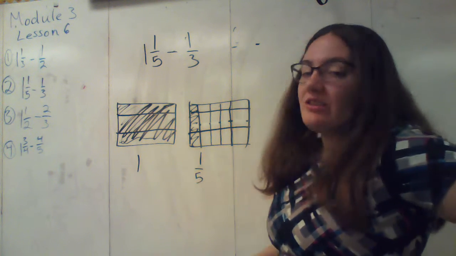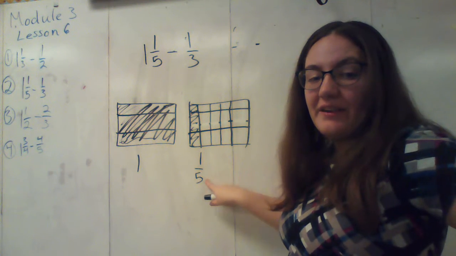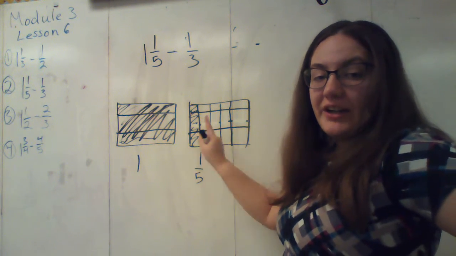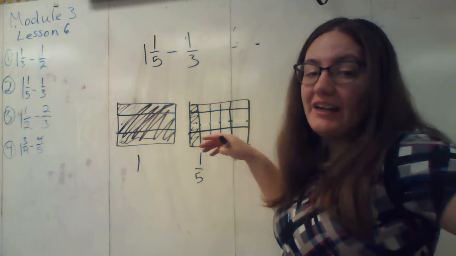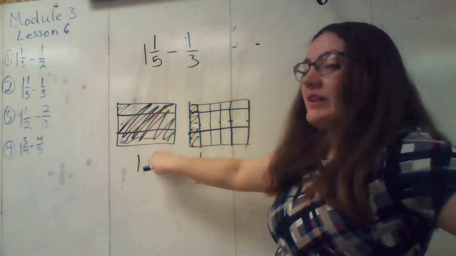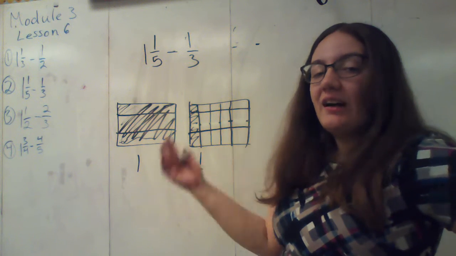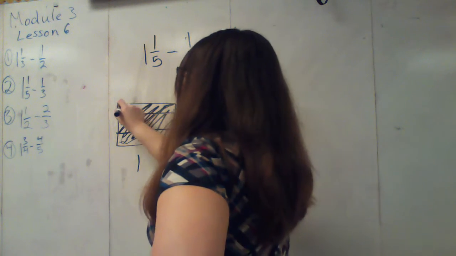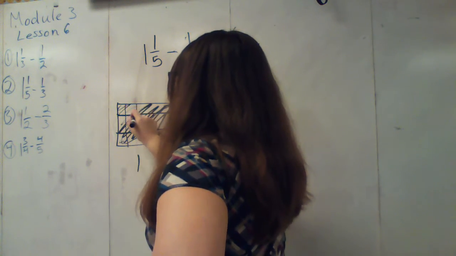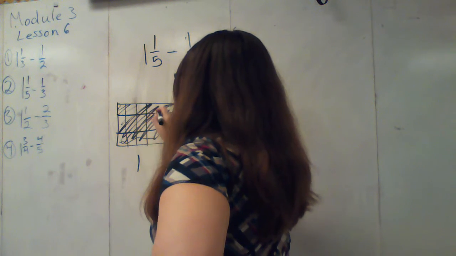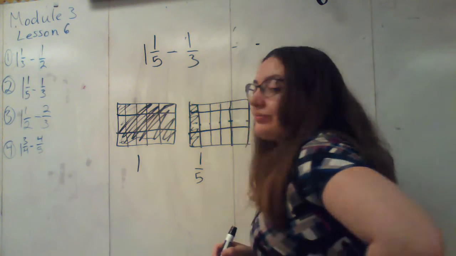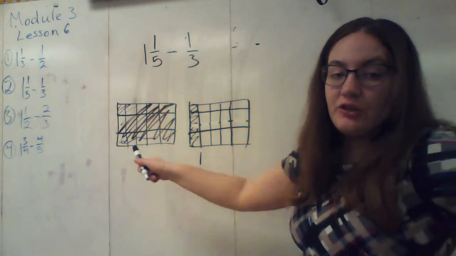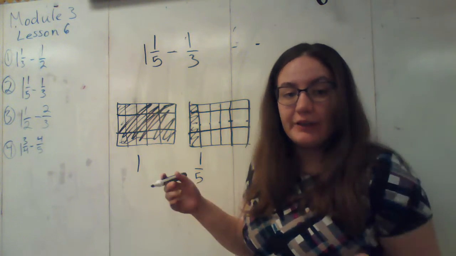But my models still do not look exactly the same because I have a 5th right here. So I cut this model into 5ths, and then I cut it into thirds. So since this model was cut into thirds, I now need to cut it into 5ths. And I'll do that vertically. 1, 2, 3, 4. So now I have 2 models that look the same except for the amounts that are